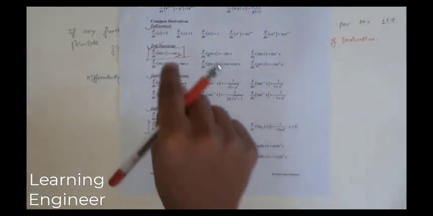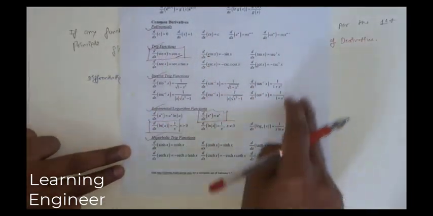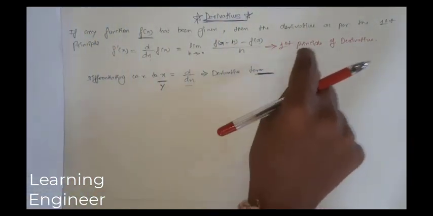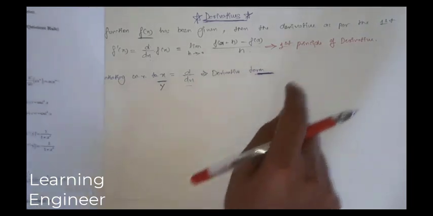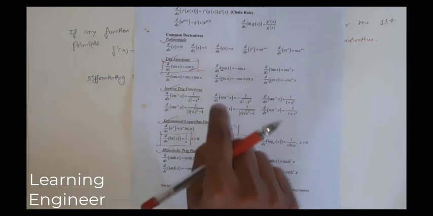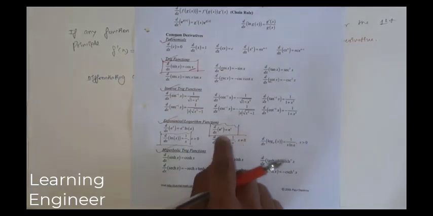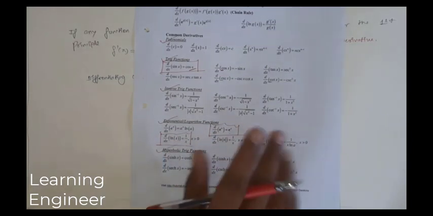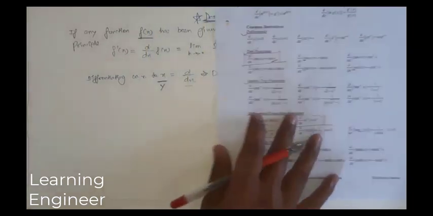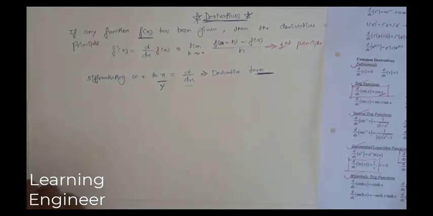Meaning, from where are we getting that the derivative of sin x is cos x? We are getting all these formulas, all these derivatives, from the first principle only. We don't have any other formula or any other concept. So how do we find the derivative of sin x, or the derivative of e raised to x, or the derivative of ln of x? Let us discuss that. So the derivative of sin x. Now we will be finding the derivative of sin x.